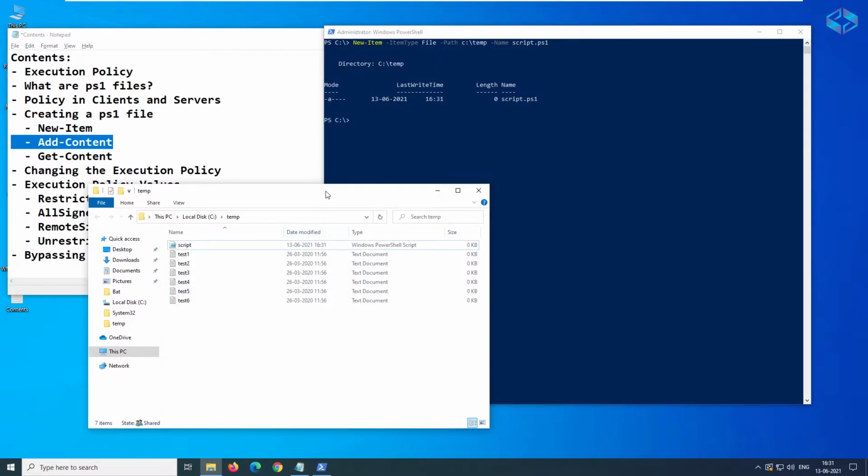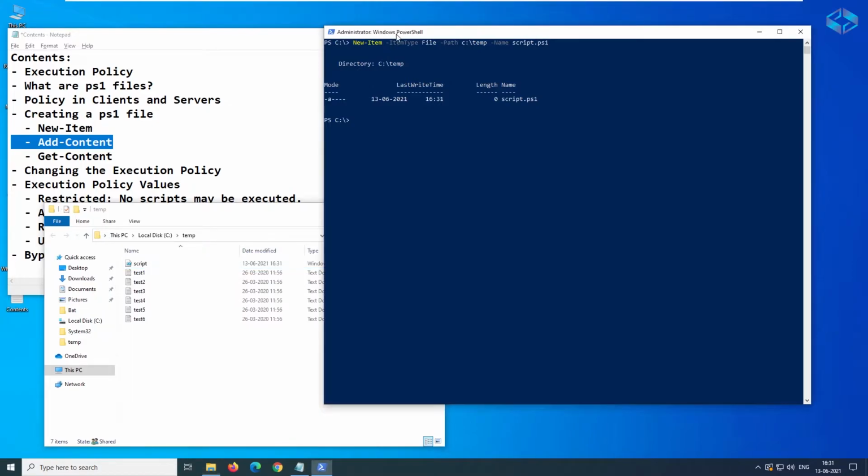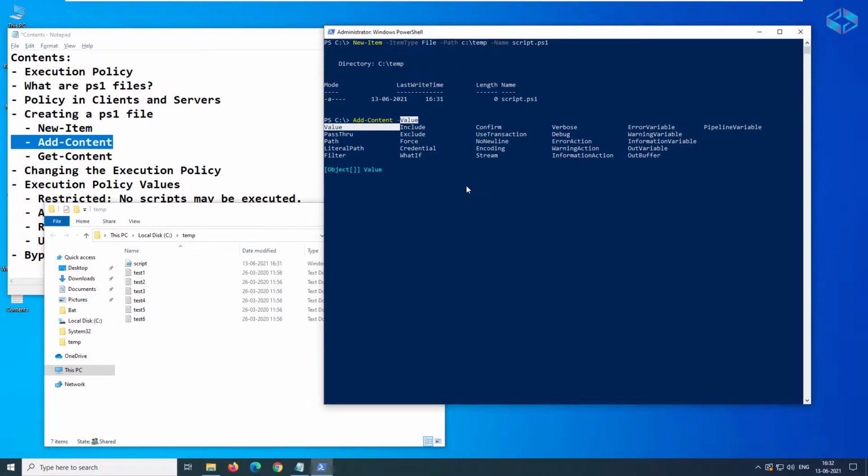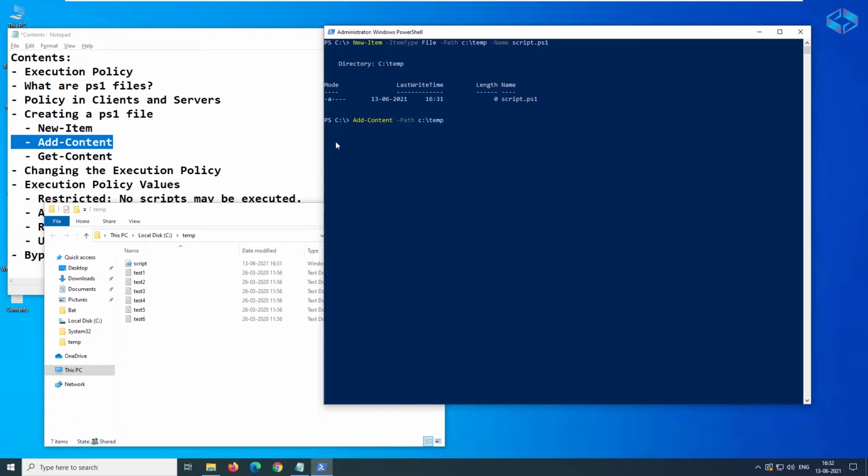So let's keep this side by side here, and you can see the next command we use, Add-Content with minus... So what is a file actually? Here we have to say value. We can give it the other way also, let's do that later. So you can see we have multiple things here. The first thing is we have to tell which file we need to add to. So C temp